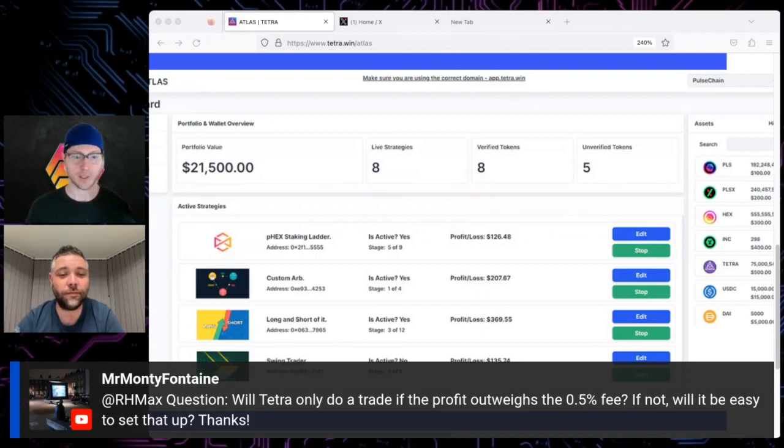Speaking of fees, I want to get into a couple of questions too. Will Tetra only do a trade if the profit outweighs the 0.5% fee? No, it doesn't. And the 0.5% fee, as I've said in the past, we've been listening to the community. We've not come up with a final number on it. I want it to be reasonably priced, obviously, but the bottom line is that the fee associated with using the platform